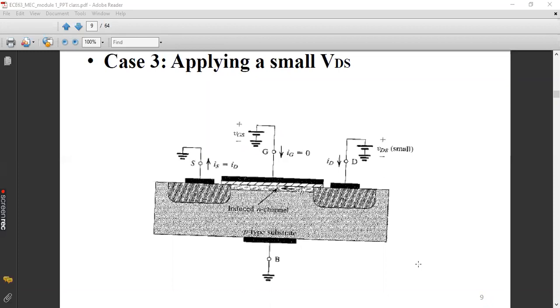And the channel I have shown is an induced N channel. Why is it an induced N channel? Because at manufacturing time, we don't have any channel there. It eventually came after applying a suitable gate voltage, which is positive and sufficiently greater than the threshold voltage. So once you get the channel, and after applying a small VDS across drain and source, you get a current flow from drain to source. Now we need to control the current flow, or we need to study the effect of this current flow ID from drain to source.